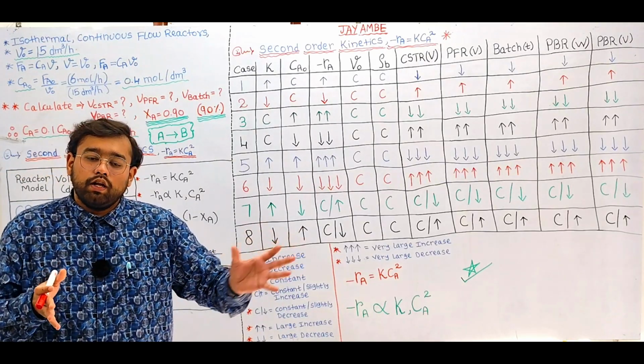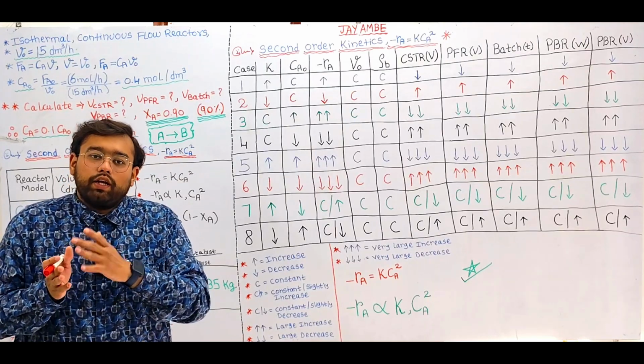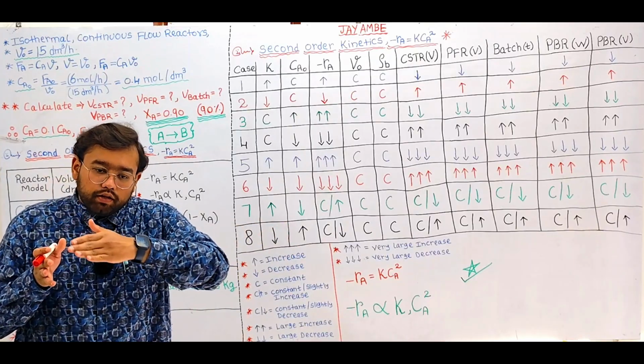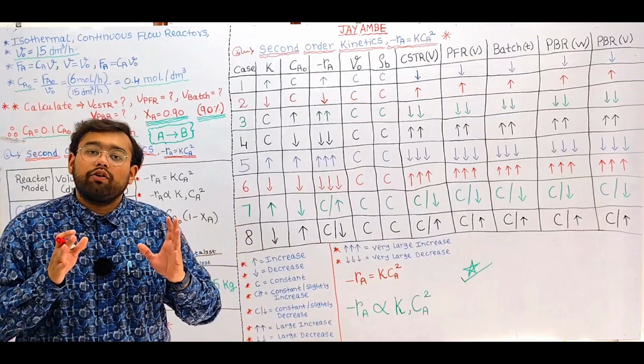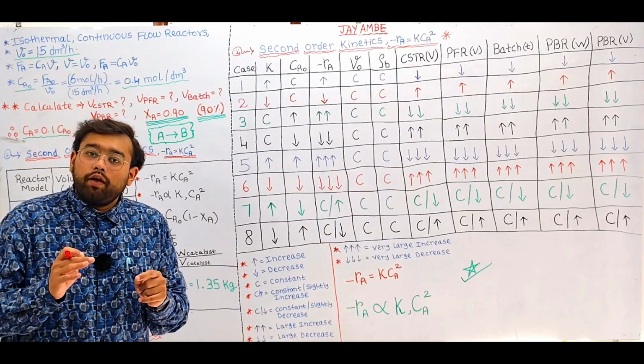And with the progress of the reaction, slowly and gradually the concentration of the reactants will get consumed and converted into the new product, right? So with the progress of the reaction, the concentration of the reactants will decrease. The same way in the case of